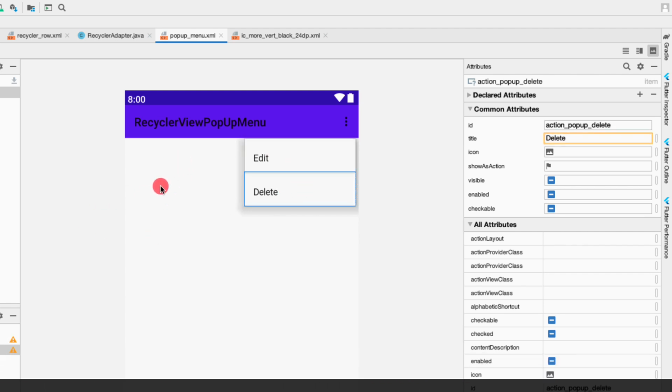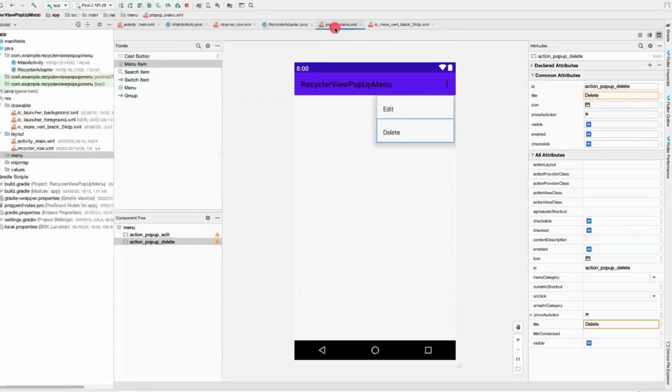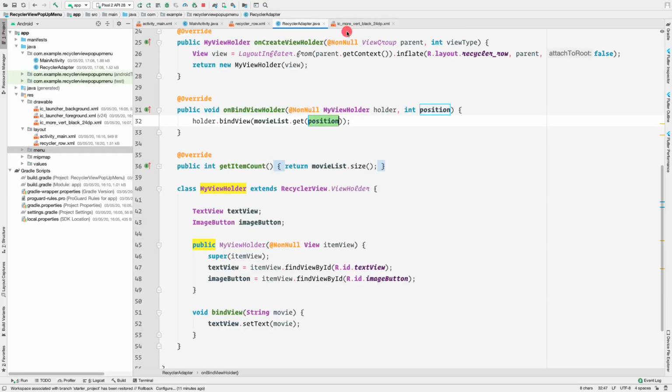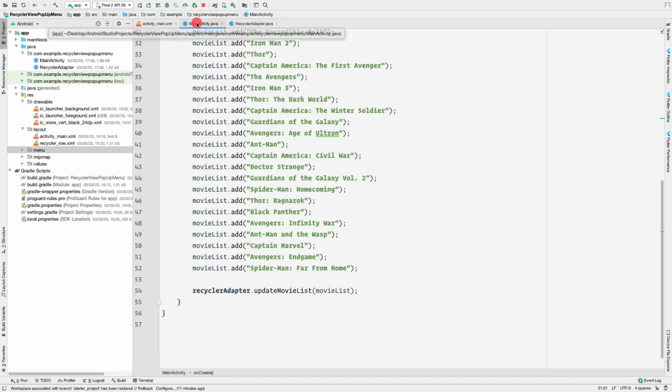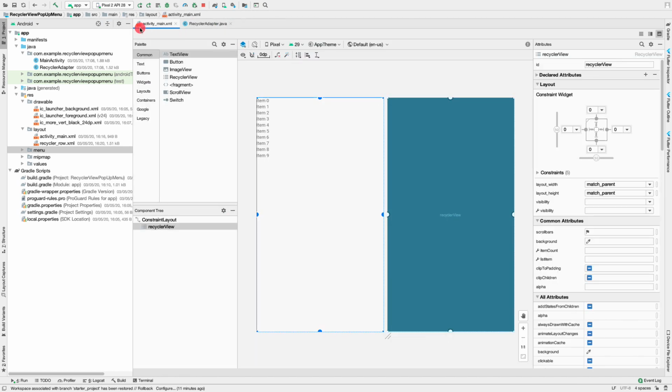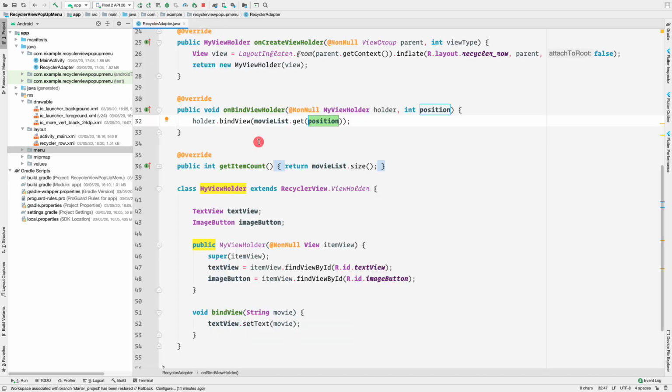So now we do not require this file open here anymore. So let's close this, and let's close this also, and let's also close the recycler row here, and let's also close the main activity here, and let's also close the activity_main.xml file here. And now